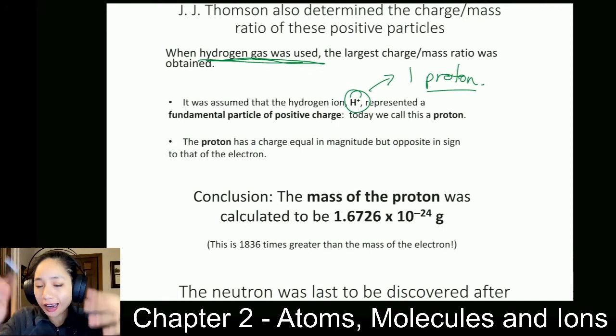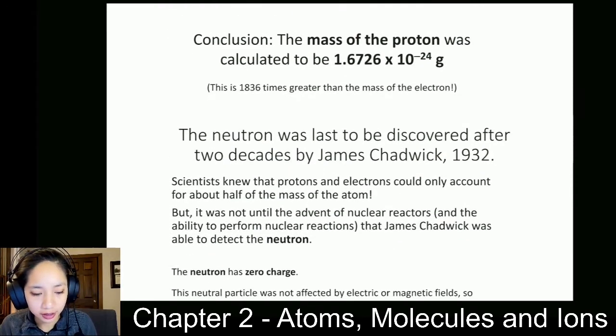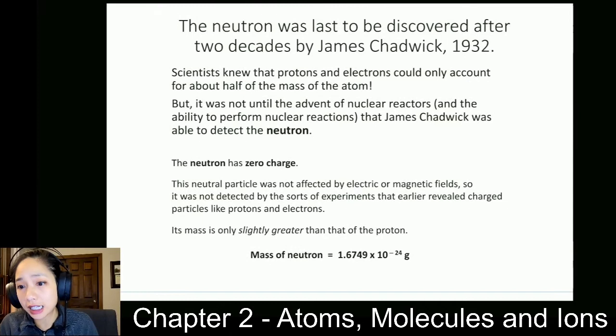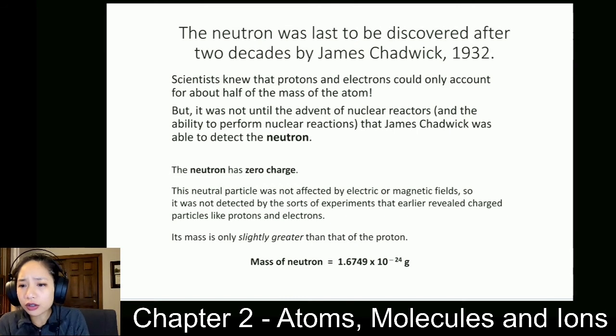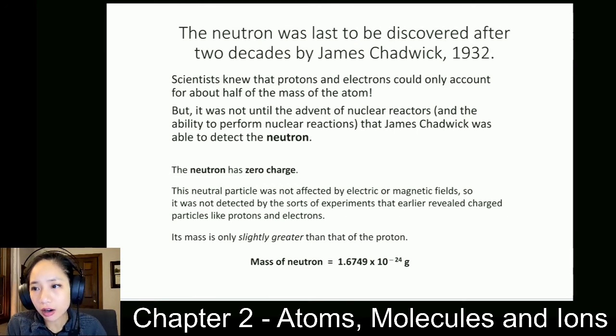So not as flashy as the electron. So essentially, they used a neon sign just filled with hydrogen instead to discover it. All right, and then lastly, the neutron was the last subatomic particle to be discovered, and this was almost 2 decades later, so in the 1930s. And again, this one was the hardest one to discover and isolate because it's neutral. At least with the other subatomic particles, they can utilize charges and electric fields and magnetic fields to deflect the rays or whatever. But neutron, a little bit harder.